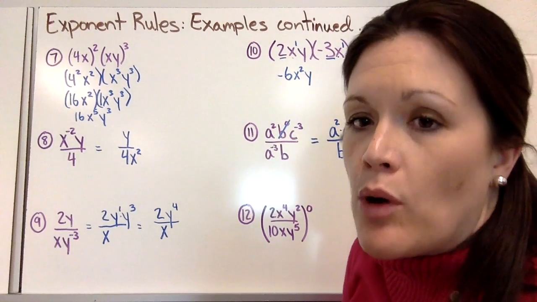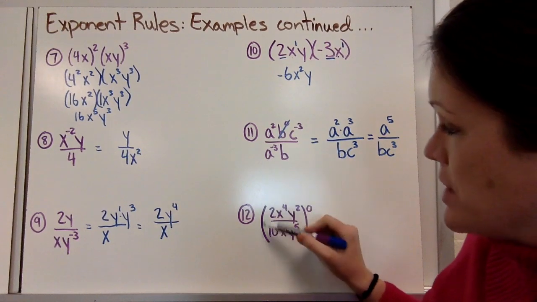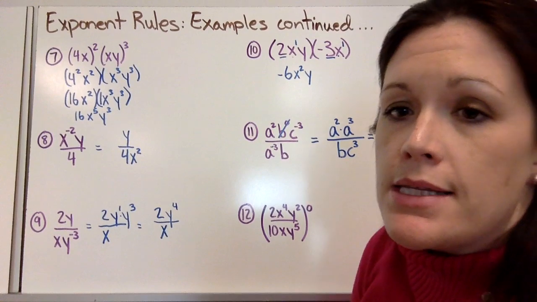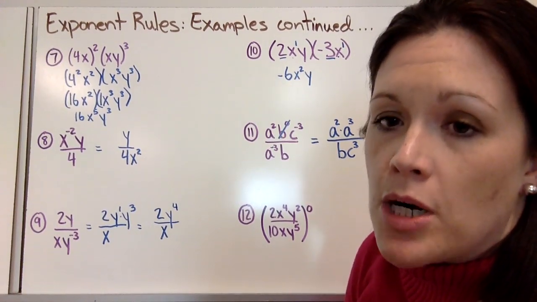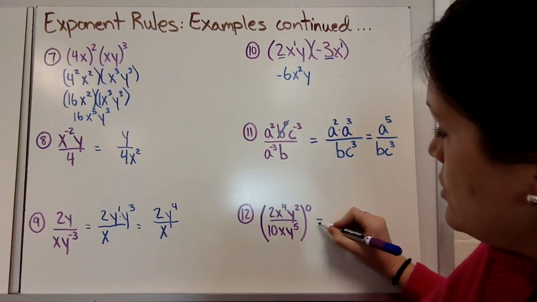And the last example I want to show you is when you have something like this. You have a large expression. They sometimes give you one of these to the 0 power. Anything to the 0 power equals 1, no matter how much is in that parentheses. So all of this to the 0 power would just simplify